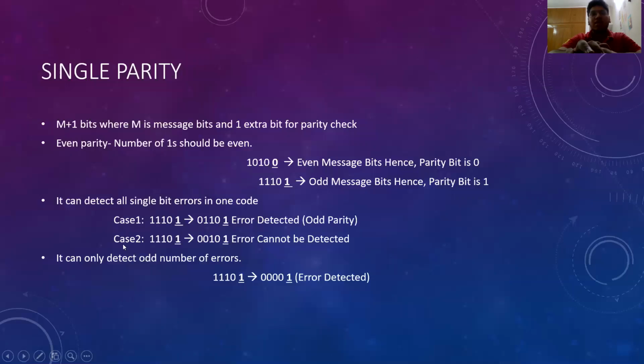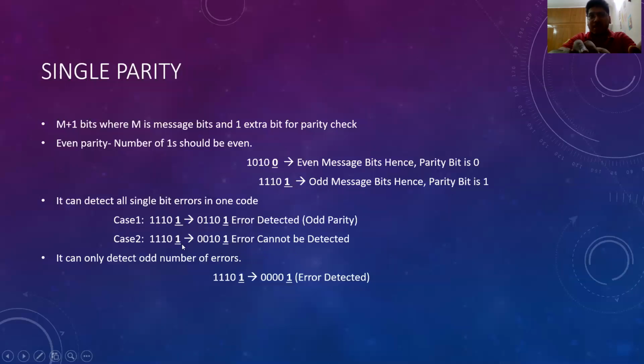Now let us take another case. The same message is sent, 1110 with a parity check of 0. And suppose we lost 2 bits here. There were 1 1, now there's 0 0 at the receiver's end. But when we add up the number of ones at the receiver's end, there are 2 ones, which means the parity is still even, and it also means that there is no error.